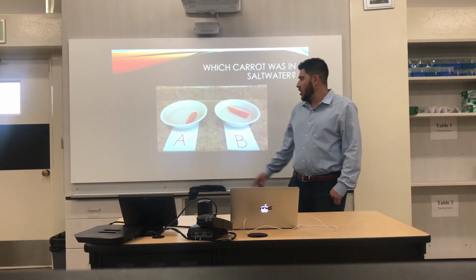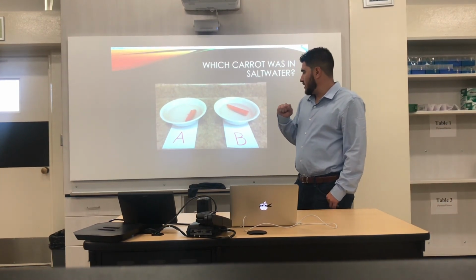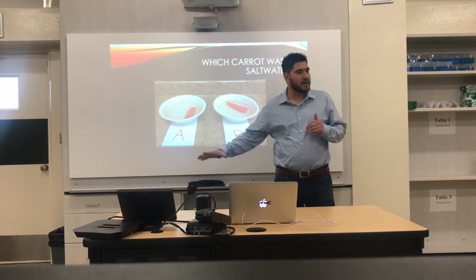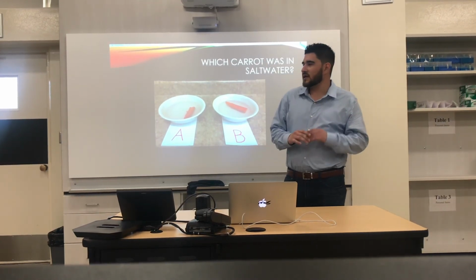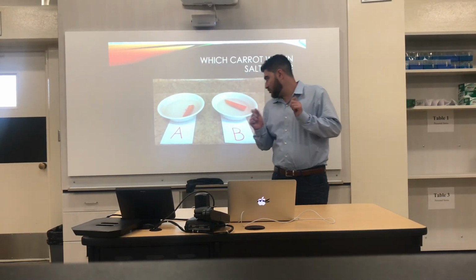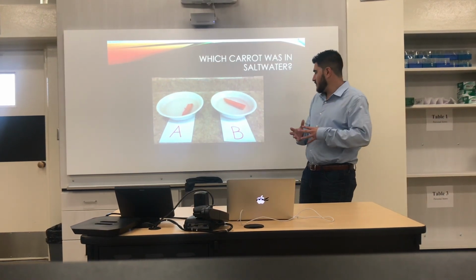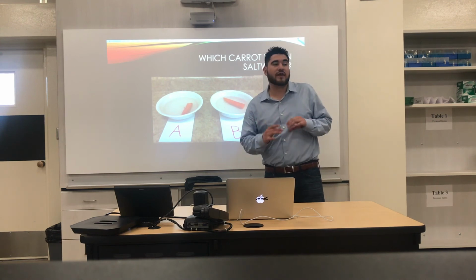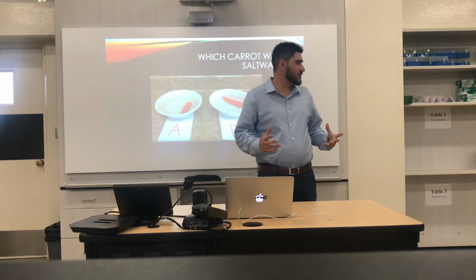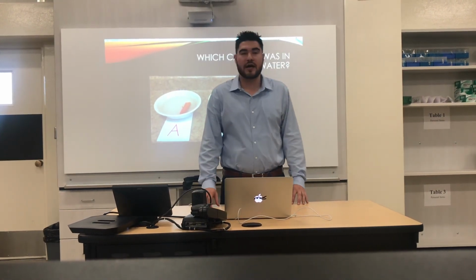So the water over the 24 hours went from the inside of the carrot cells to the outside of the carrot cells, thus leaving those plant cells with a lot of space in them, and so they're able to move around and bend pretty easily, versus the carrot in B that had the water rushing into it over the past 24 hours. Those central vacuoles are really tight, and so you can't bend them at all. That's why it's really stiff and unmalleable. So what questions do you have about this lecture?